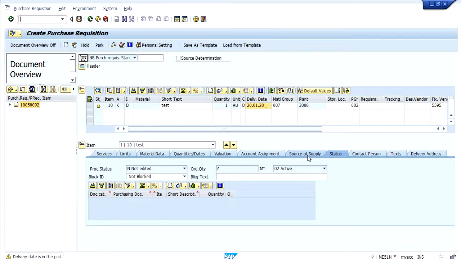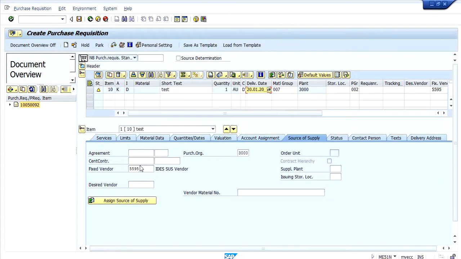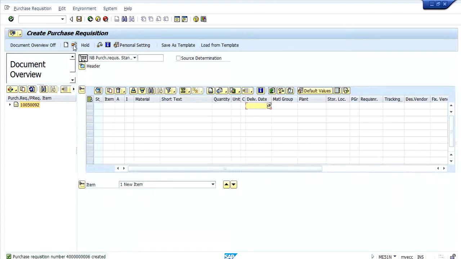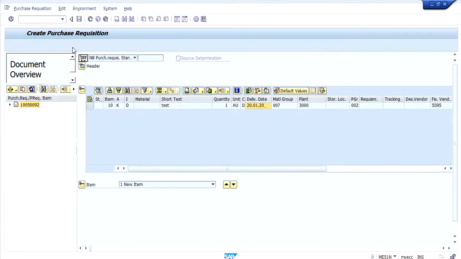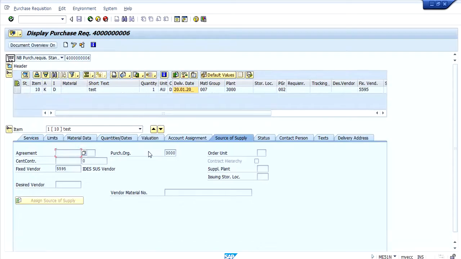In source of supply we can see a fixed vendor and purchase organization automatically coming. This is because of the info record we have maintained. So now save this. So a purchase requisition has been created.